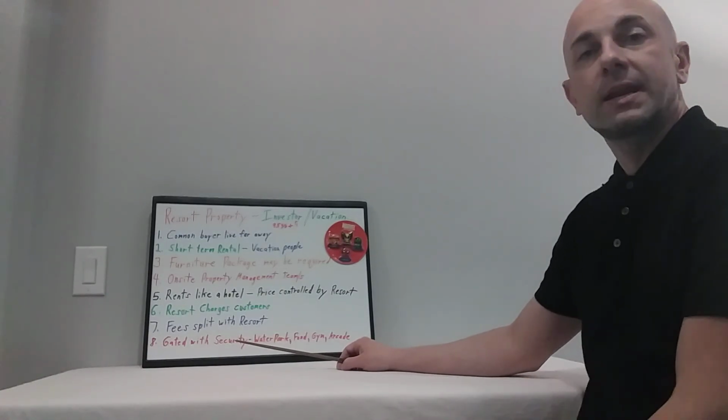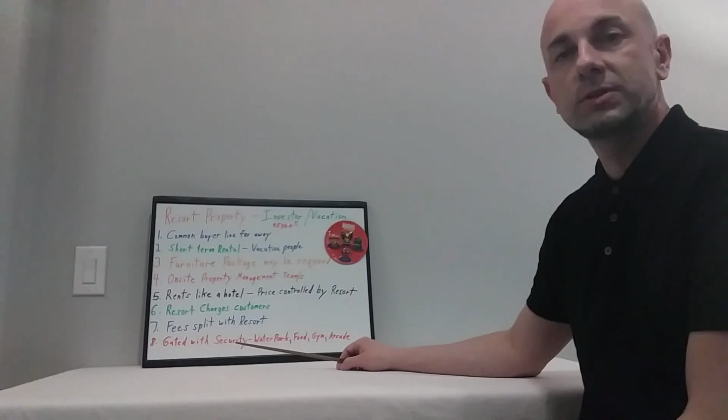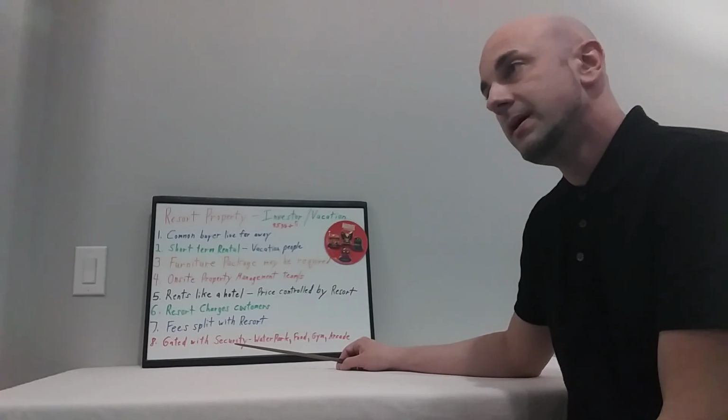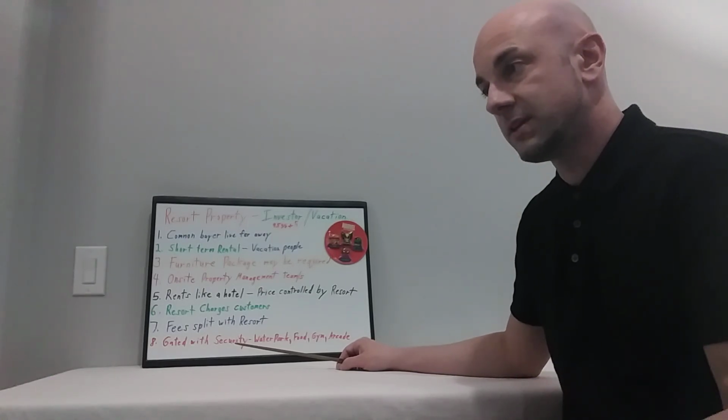Number 3, a furniture package. This is something that you might have to purchase. Now, typically a furniture package might come with the property. It depends on the place that you're going to be purchasing it at. So some of them, they might just include a furniture package, and then you're going to have to keep the